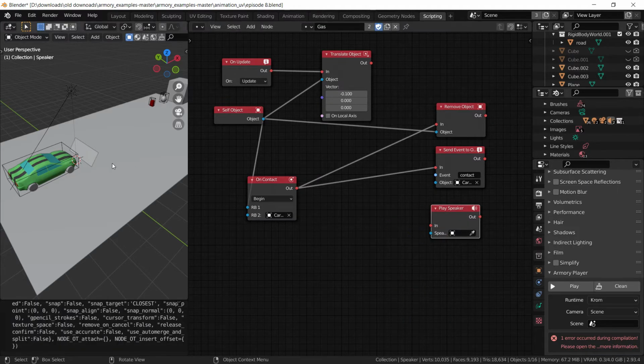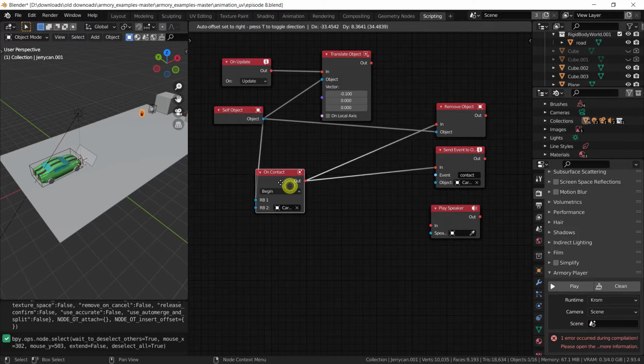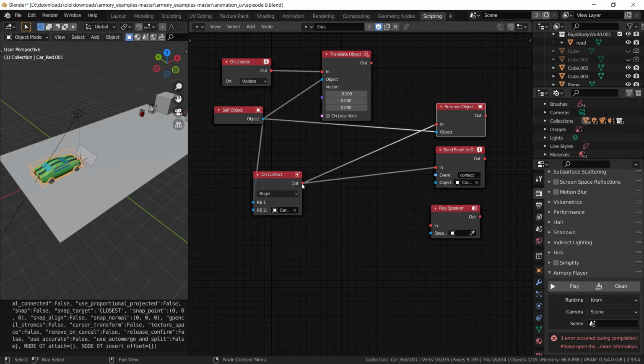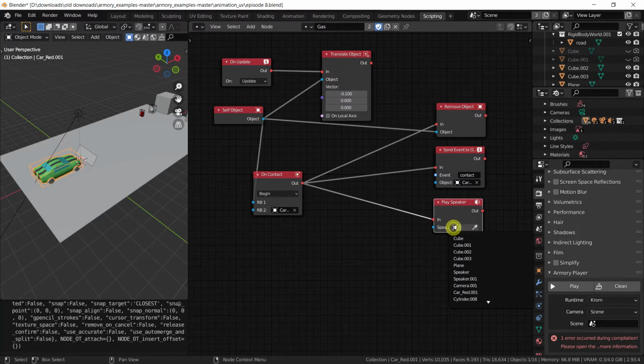It's when the object collides or comes into contact with the car that we want the audio to be played, to tell the user that it has come in contact with it, because it's going to remove the object right here. So we can plug the out into the in of the speaker, and obviously select which speaker it is. It will be